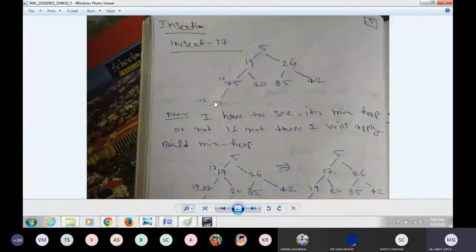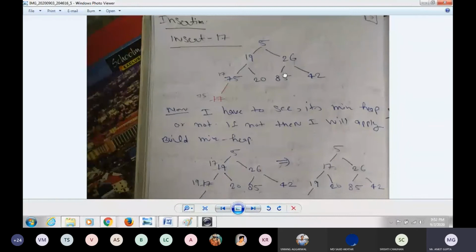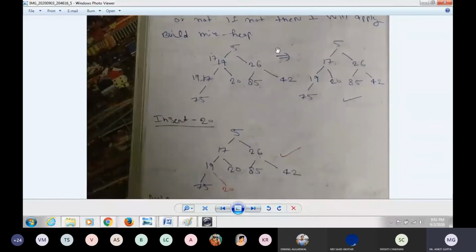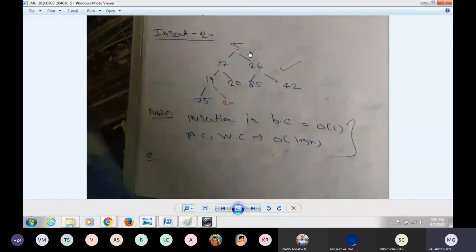So I will go either left side or right side, just half the elements each time. So it is log n time. So insertion in the best case takes order of one time, and in the average case or worst case it takes order of log n time.